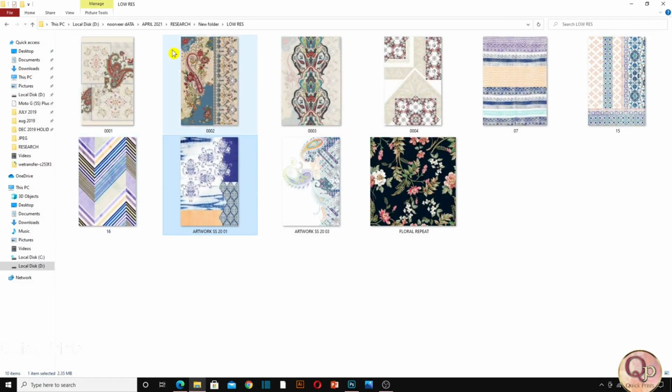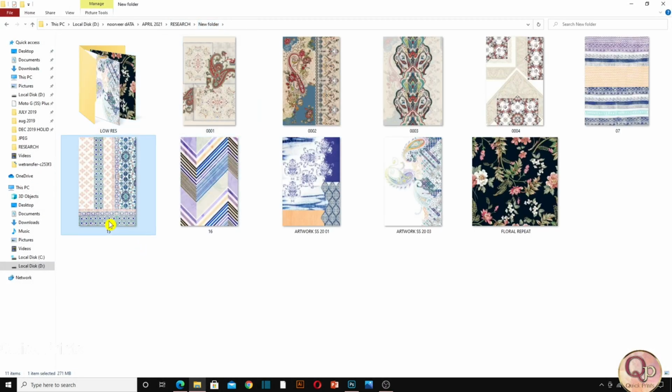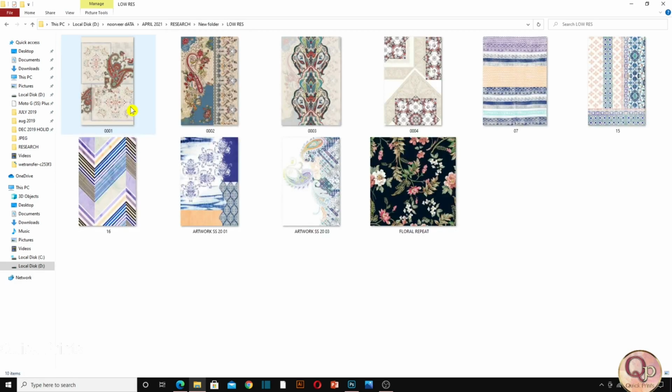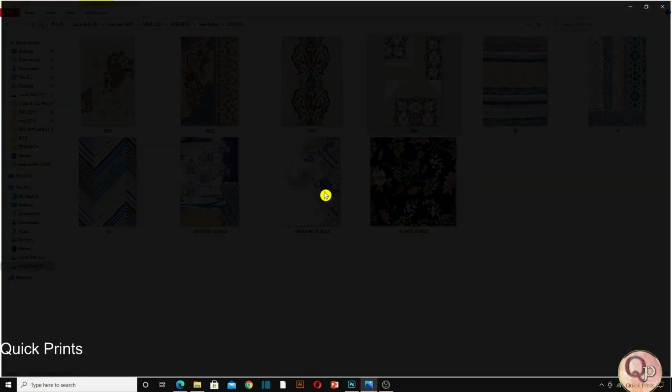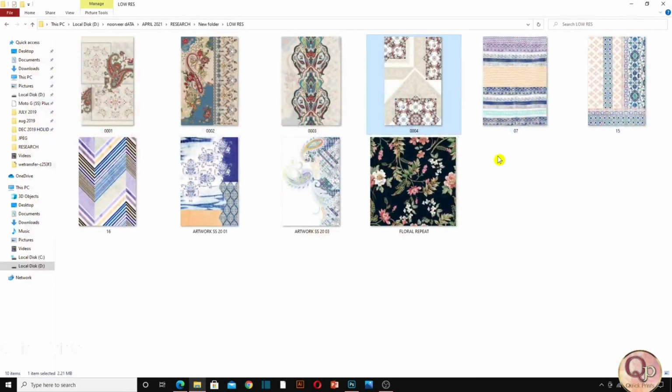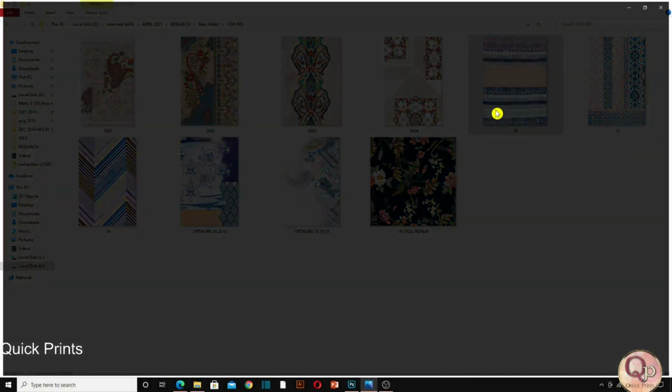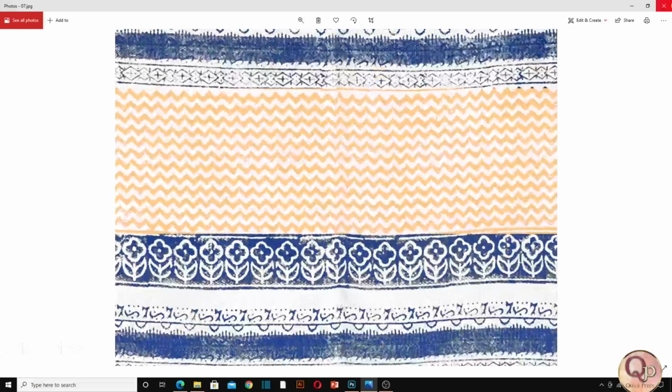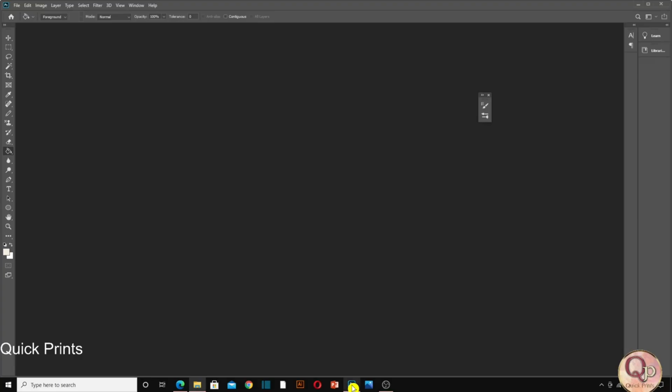So let me show you, these are the heavy size images, the artworks, which I showed you. The 497 low resolution file folder has all the files, 1.96, 2.35. Now you can easily use these files in a presentation or any portfolio whenever you need, because there is no point in putting your artwork and your effort in the same file in the same way. So action is a very easy and understandable tool.